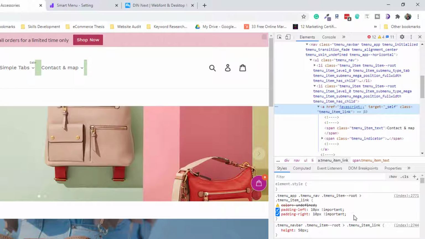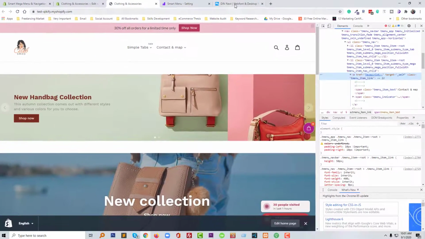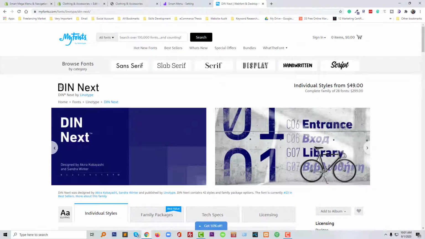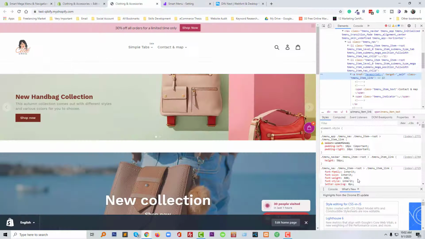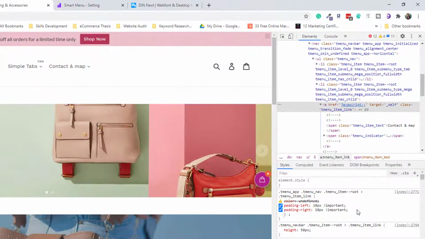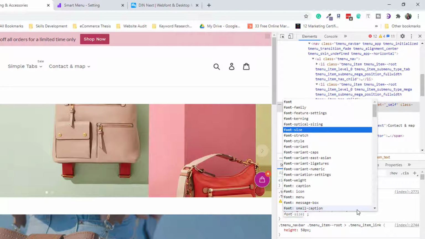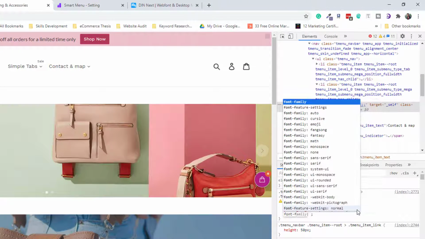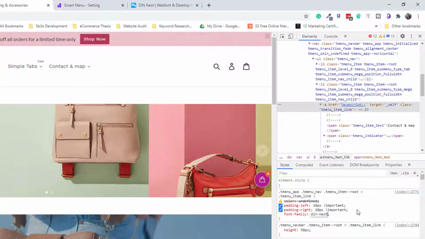custom font family here. For example, I wanted to add this font, then next this font. So I am going to click on the font family, DIN font. Okay,